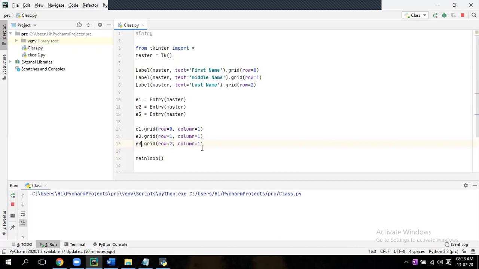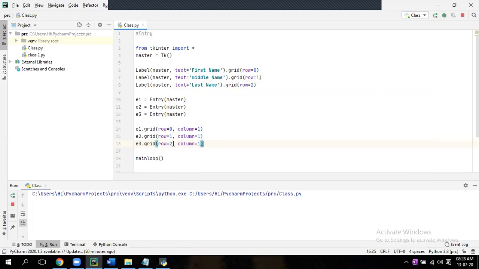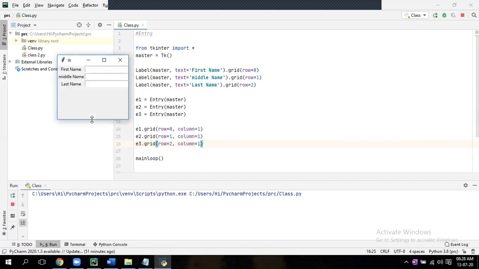Run it. Column 3. Oh, no, sir, column 2. No, column won't change. Row it will change. Row is already changed. Now run it. I'll tell you what the column is. Perfect. Now, if you change the columns, let's see what is happening.